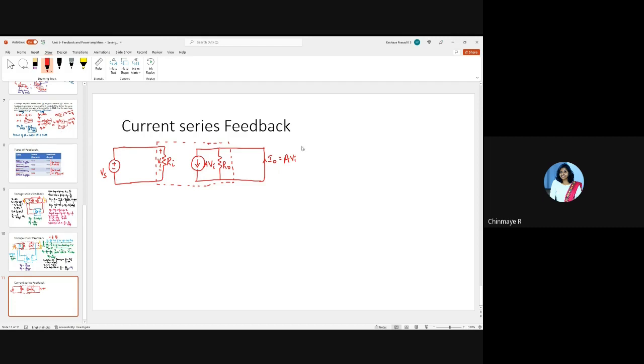right? So this will be a transconductance amplifier. So we have seen that whenever we are sampling the voltage, it is done in parallel at the output. Last two cases we have seen, correct? But when we sample the current at the output, it is always done in series. It cannot be done in parallel, right? So now how do we sample the current? So if we have to feed back, then we have to sample this current and then feed back, right? And how do you think that looks like? So it looks something like this.